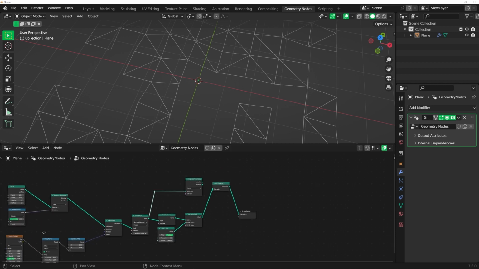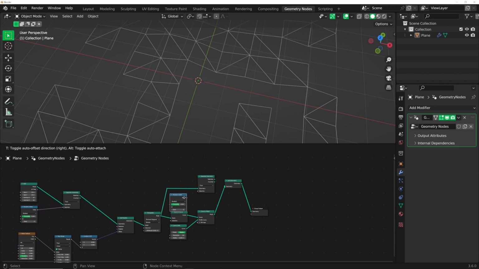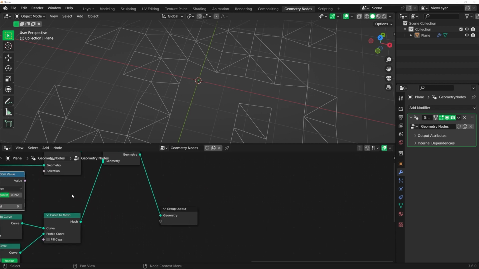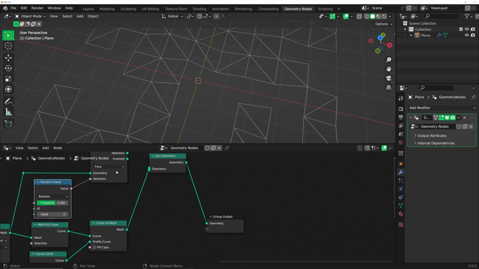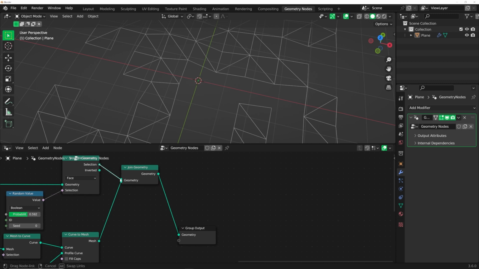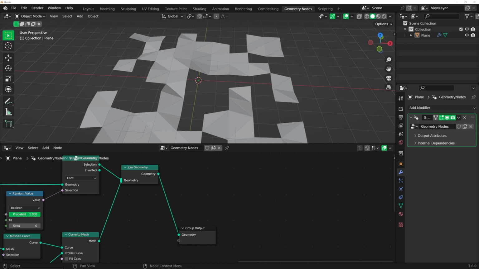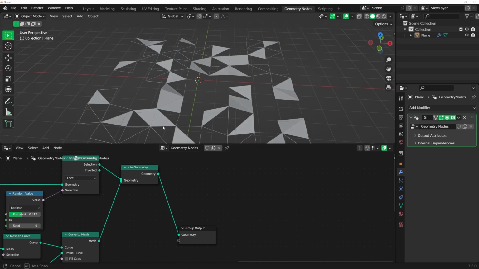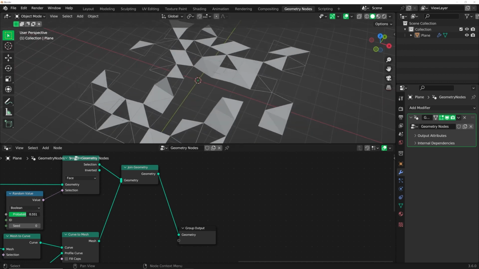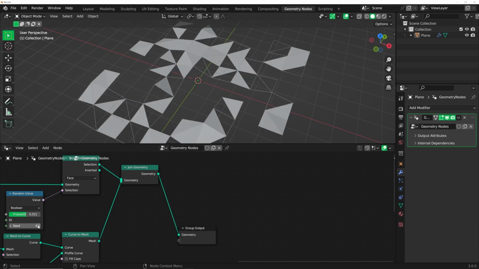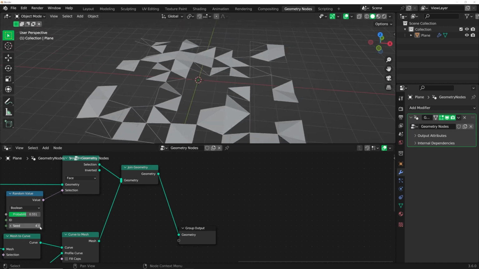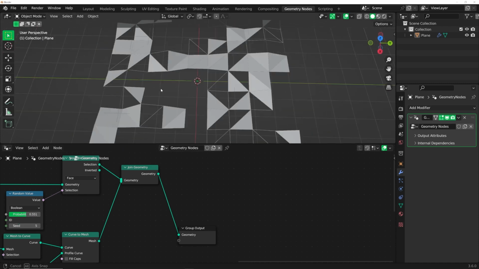And then on this random value, I'm going to hit Shift D and bring it in here. And then plug that into the selection and then plug the selection into the join geometry. And then you can specify how much. I don't want it filled up because we want some wireframe visible. This is probably nice. And then you can also use a seed value to dictate further how you want this to look,